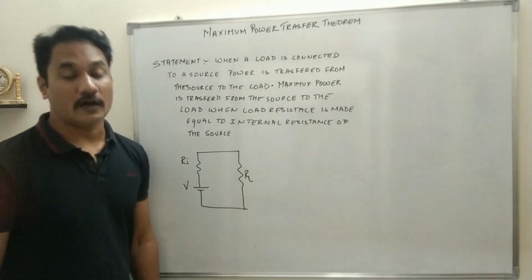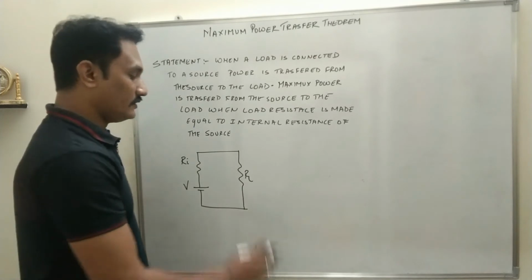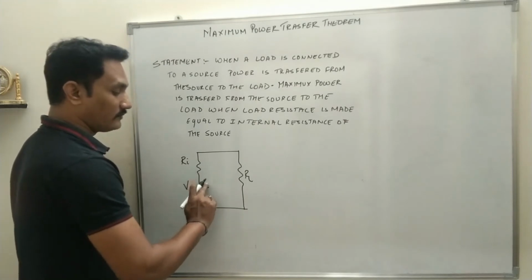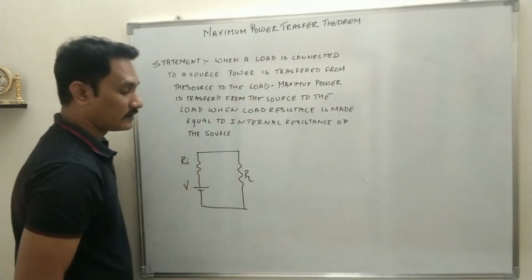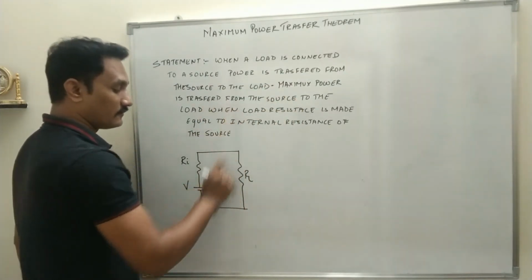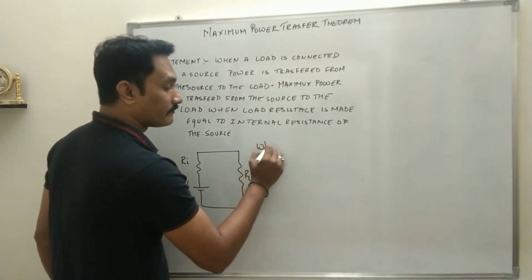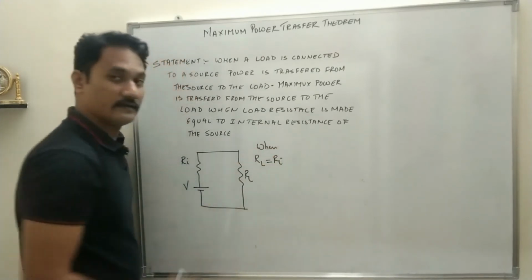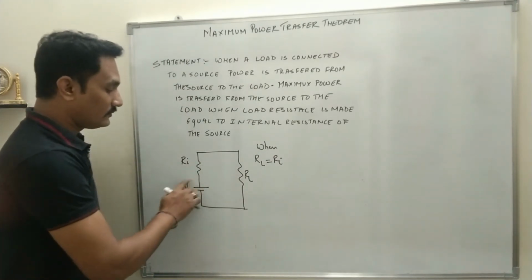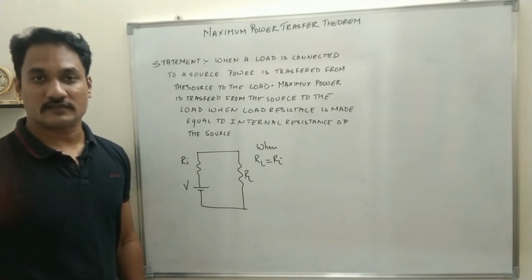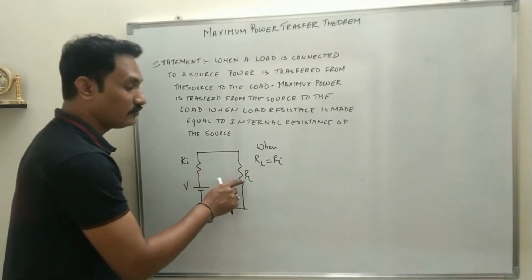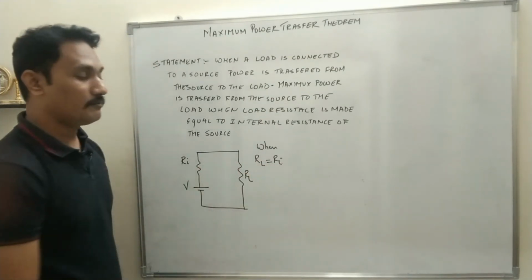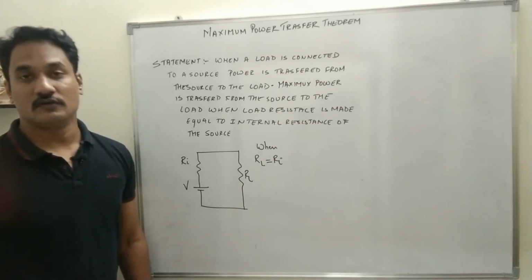the resistance connected across the output is called the load resistance. We denote it by RL. So when a source is connected to a load, power will be transferred from the source to the load. According to the maximum power transfer theorem, maximum power is transferred from the source to the load when RL is made equal to Ri, right? Because the internal voltage source will be constant. Once you design a source, the output voltage for that source will be constant, Ri will be constant. So you have to make RL equal to Ri so that maximum power is transferred from the source to the load.